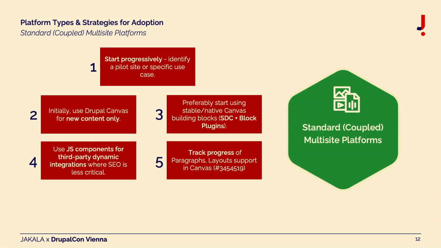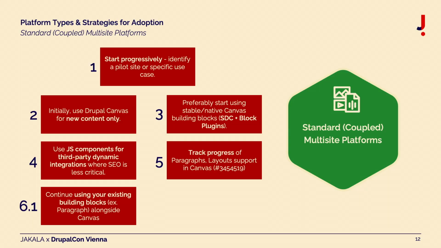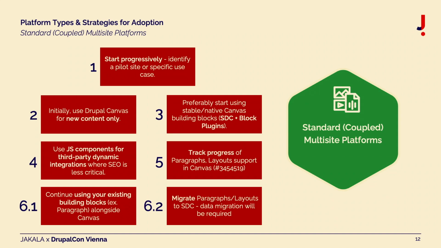But for all the progress, at some moment we will have this ready, right? And then we have a question, and this is a twofold scenario. Scenario number one, you just start using your existing paragraphs, or your existing layouts, which is great. Likely it could work, which is not bad. It will work in a very similar way to how the block plugins are working today. So no big deal. But for me, going with single directory components plus block plugins is the best way to go.